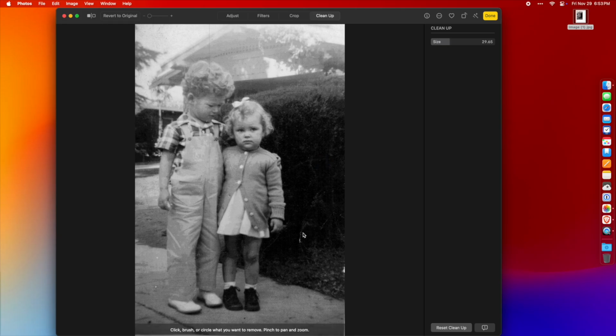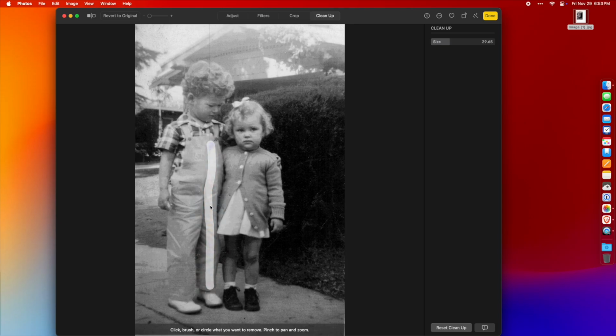Here's some photo damage. We'll just drag it over there, give it a second, and it gets cleaned up. All this is happening locally on your device. None of the information is going to Apple or some other server. It's all happening right on your Mac. It's not perfect, but it does a really good job of getting the basics down. You can see this line going up the front. We're just going to select all of that.